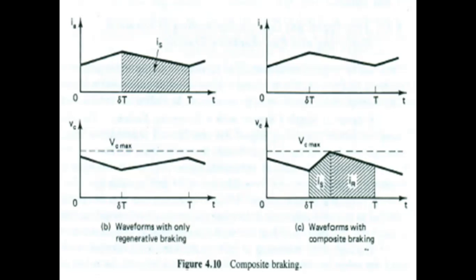So the main advantage of this circuit is that the source's capacity to accept the energy is checked in every chopping cycle. Energy is supplied to the source as long as it is able to absorb it, so the energy is wasted in the resistance only when the source cannot accept it. Another advantage is that the power circuit is simple, and the thyristor, without its own commutation circuit, switches the braking resistor in and out. Next, current control you will see in the next classes.